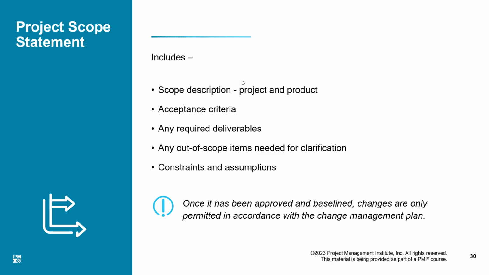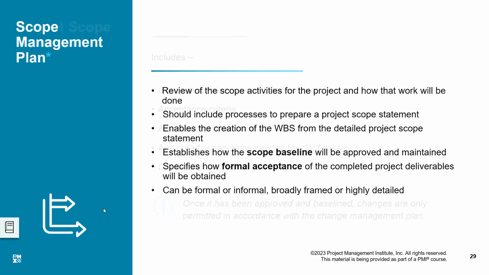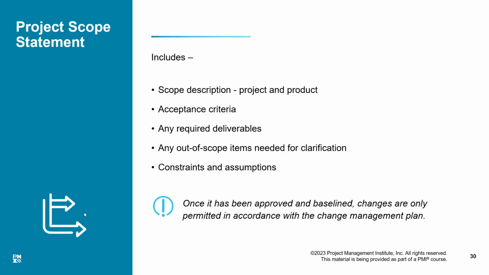Okay, wonderful. So we were talking about scope, and naturally, whatever we were talking about was all about the predictive. In the previous slide, we talked about the scope management plan. The scope management plan tells us how to do everything about scope, how to do the baselining, how to do the formal acceptance. The procedure and the rules are set there. But your scope statement is actually the detailed document which specifies,